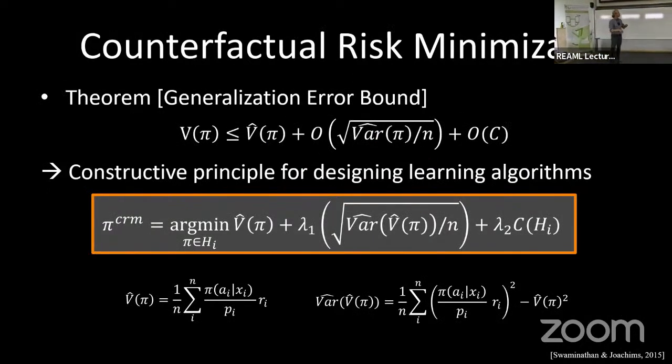So in particular, what this says is what you really want to optimize in your learning algorithm is the performance on the training set, your estimator, the hat, but then regularize it by keeping the variance of this estimate small. So there's a penalty, and there's a parameter lambda 1 penalizing the variance of this estimate, which you can use the empirical variance here, which you can estimate, plus a capacity control term, maybe L2 regularization or something like that. So you get two regularization terms. There are two things that you need to regularize for. And what we've done before, we've dropped this middle term, right? And that's why things went wrong.